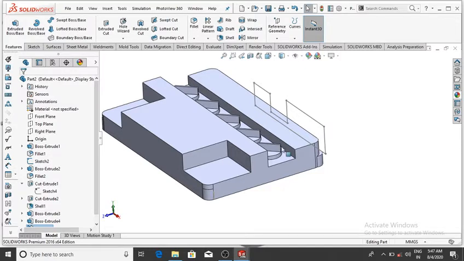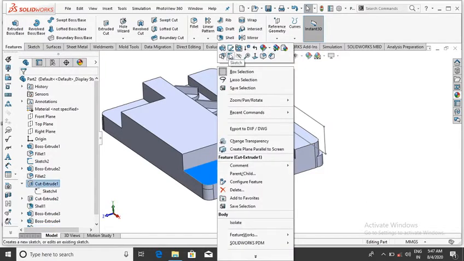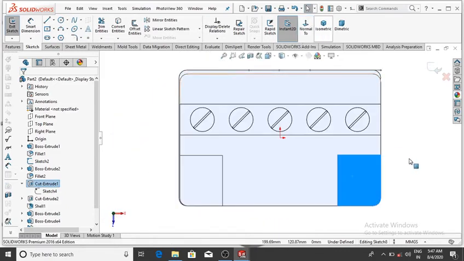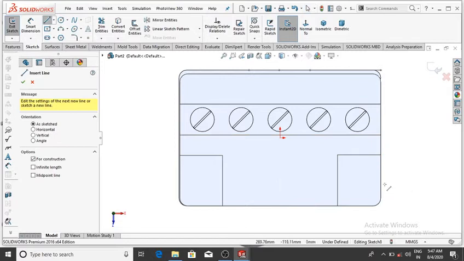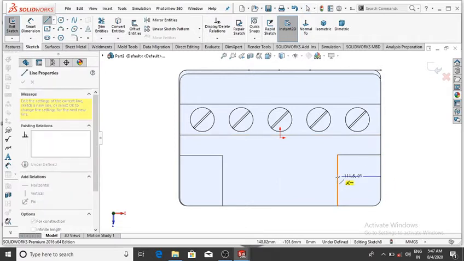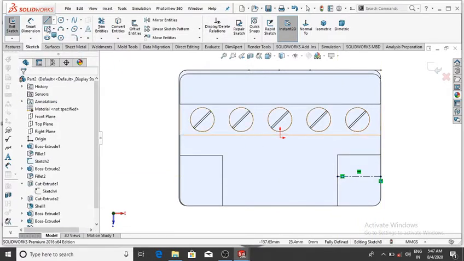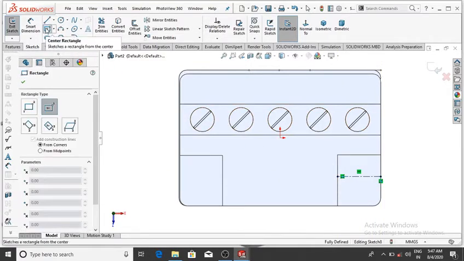And again from this face make the sketch, so select this face, right click sketch, then normal, and make the center line from this point to this. Select the center line and make the center line of 50 mm into 75 mm.